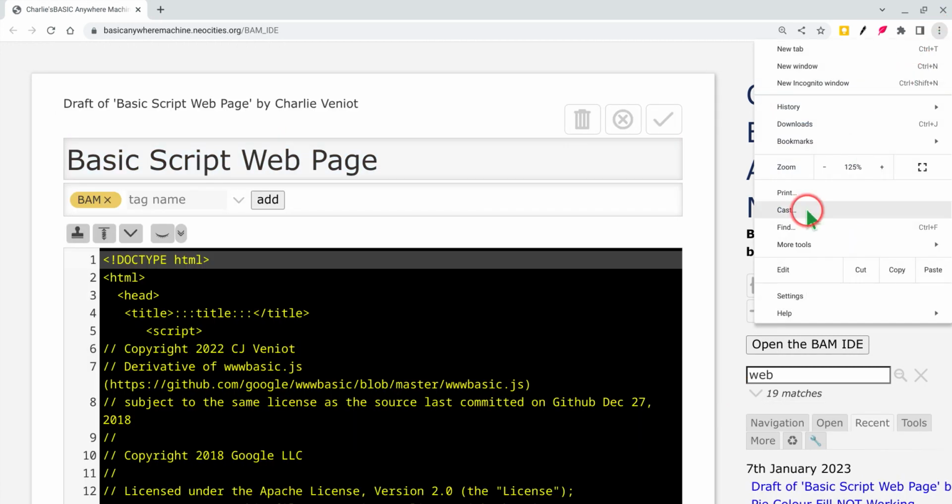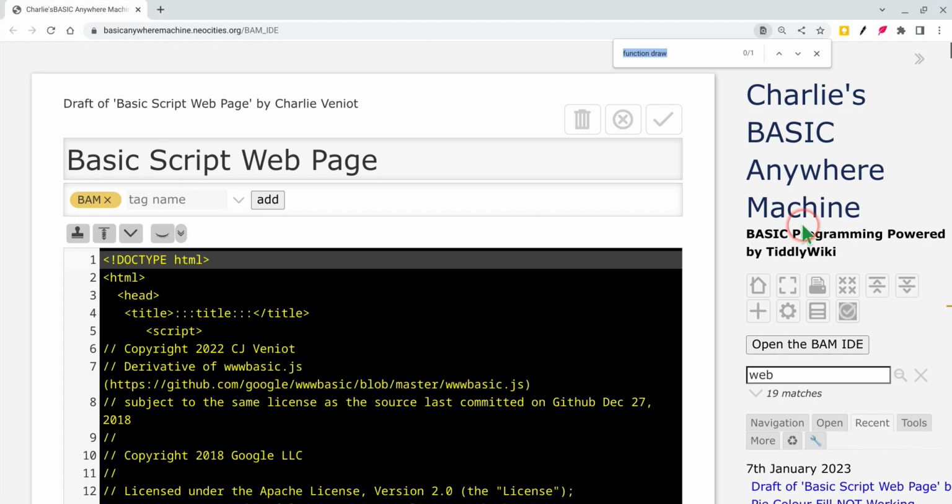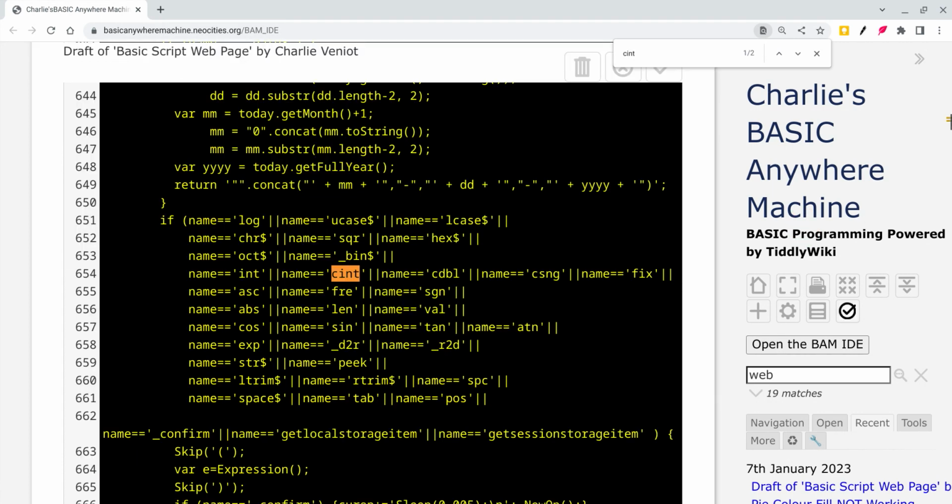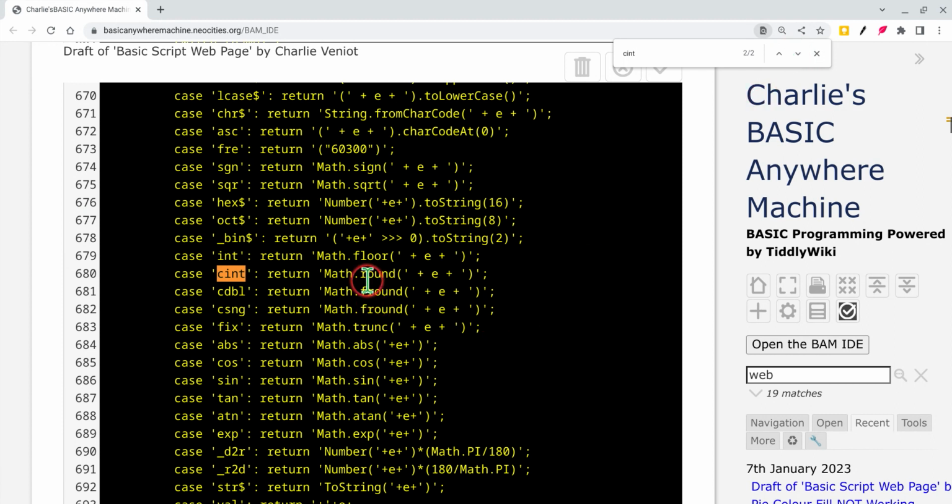And not too long ago, I implemented a function called cint. And if we take a look at cint, it does a round, but int does a floor. And there, I was forgetting the words a while ago. It seems to me that our graphic is doing a floor instead of a round. That's my guess. So then I decide, okay, well, let's go take a look in here and see